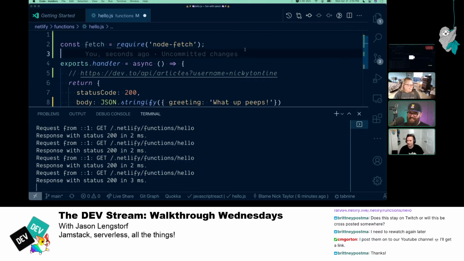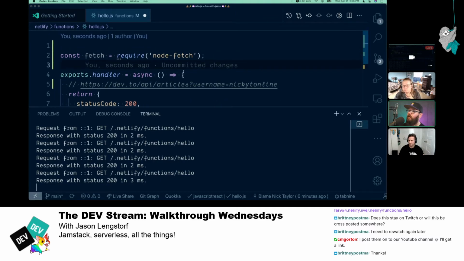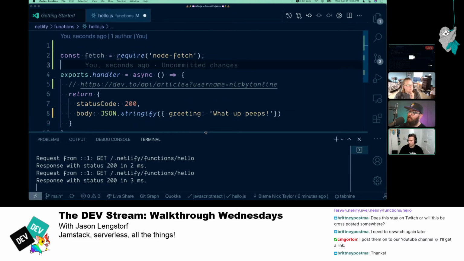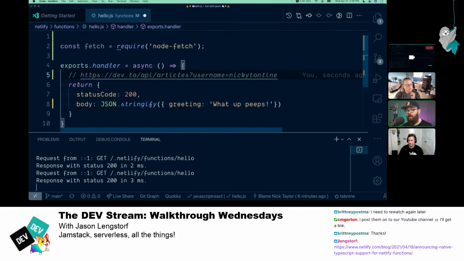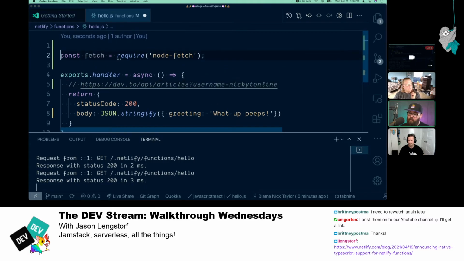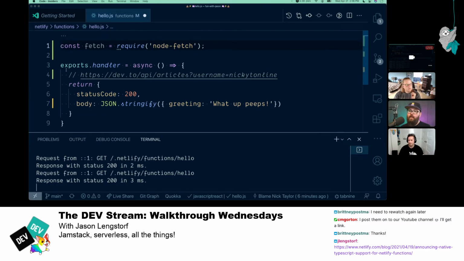Side note, I was reading this morning that there's native TypeScript support now as well for Netlify functions. There is, yeah. That's another thing that we literally just shipped yesterday. If you are a TypeScript user, there's a blog post. Let me see if I can find that. It's in here somewhere. I forget where I retweeted it this morning, but here's that TypeScript stuff. If you want to try TypeScript, you can now set it up and run your TypeScript right in Netlify functions. You don't have to do a compile step or anything. We'll take care of it for you. It's pretty neat.